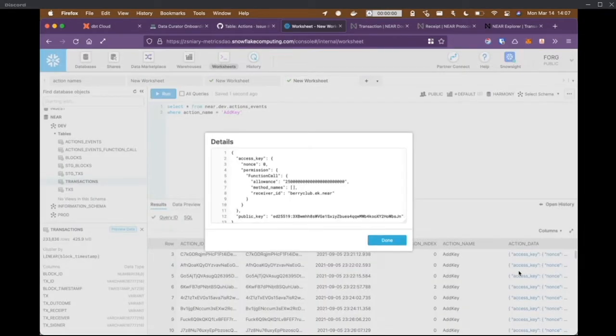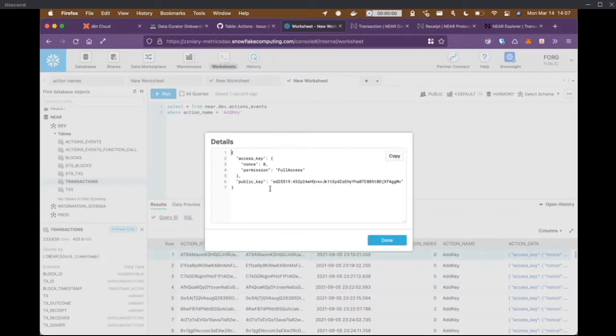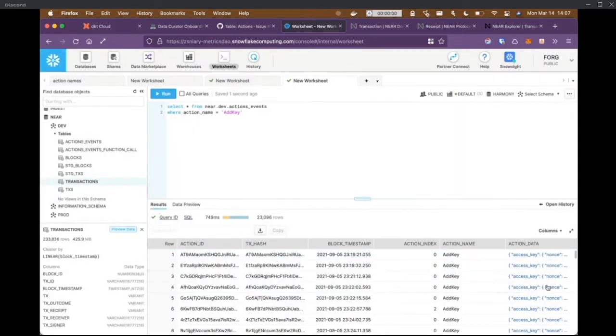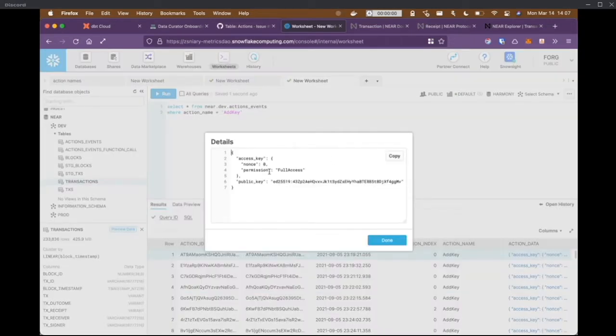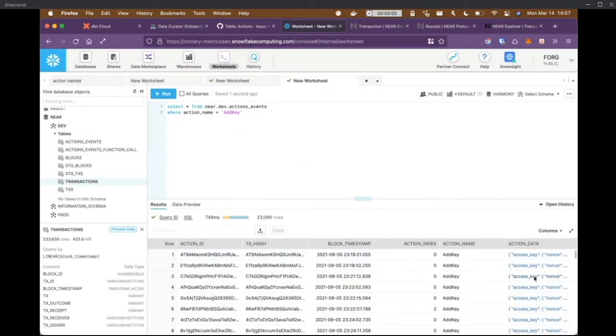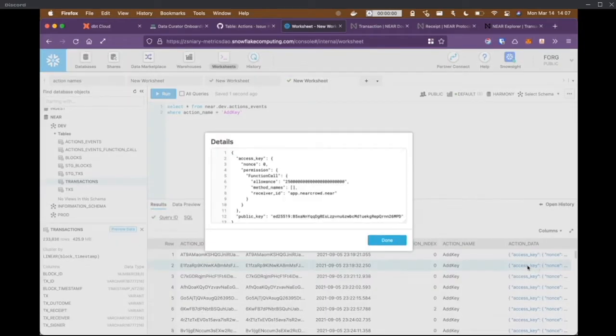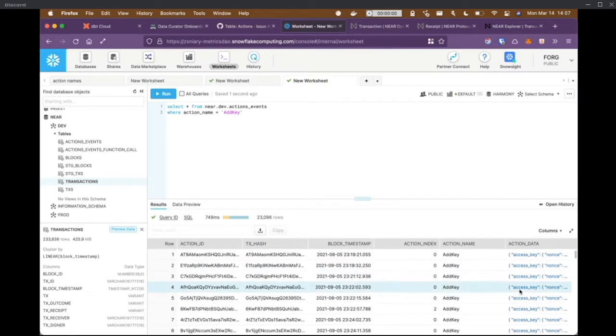So it looks like this first one only had access key and then a public key with some stuff in there. And then there's access key and public key, but there's some more, nonce permission, full access, I see. So if it's not full access, you're allowing something. Okay, so what this is, from going through NEAR,